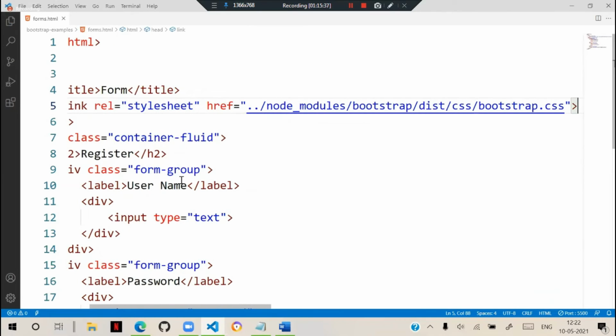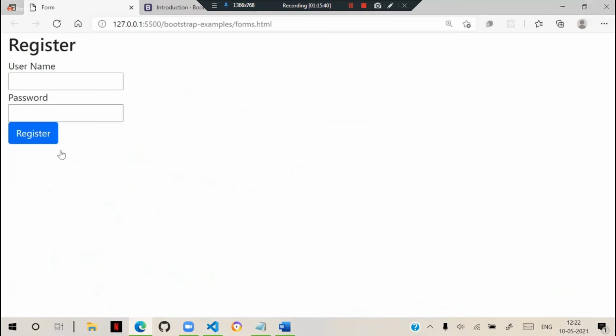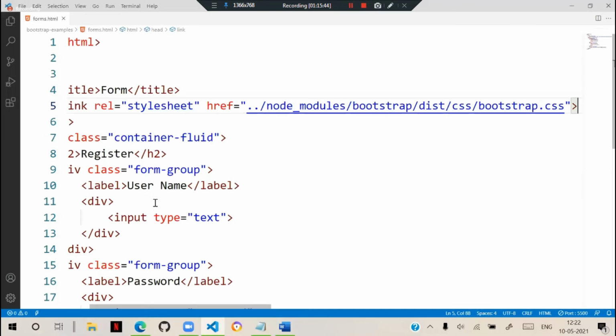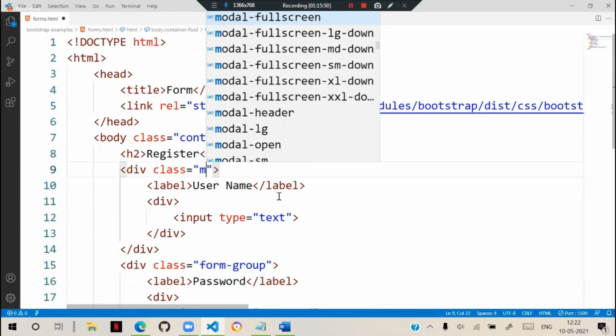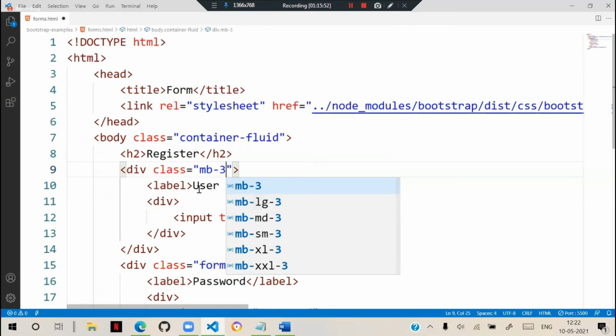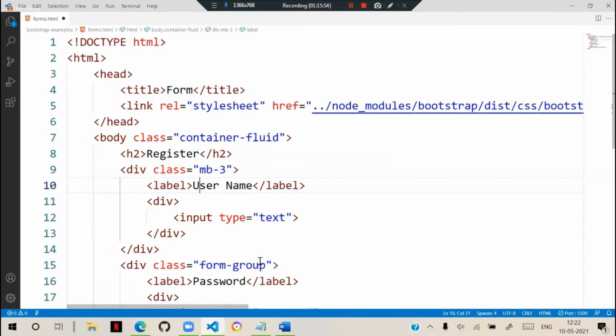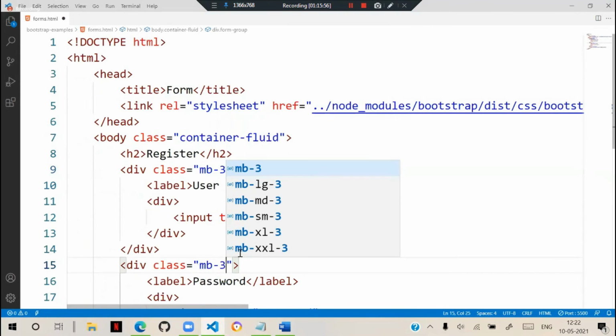In the new version of Bootstrap, form-group is not working. Then they recommend defining it with margin-bottom 3. So here also I will give margin-bottom 3.